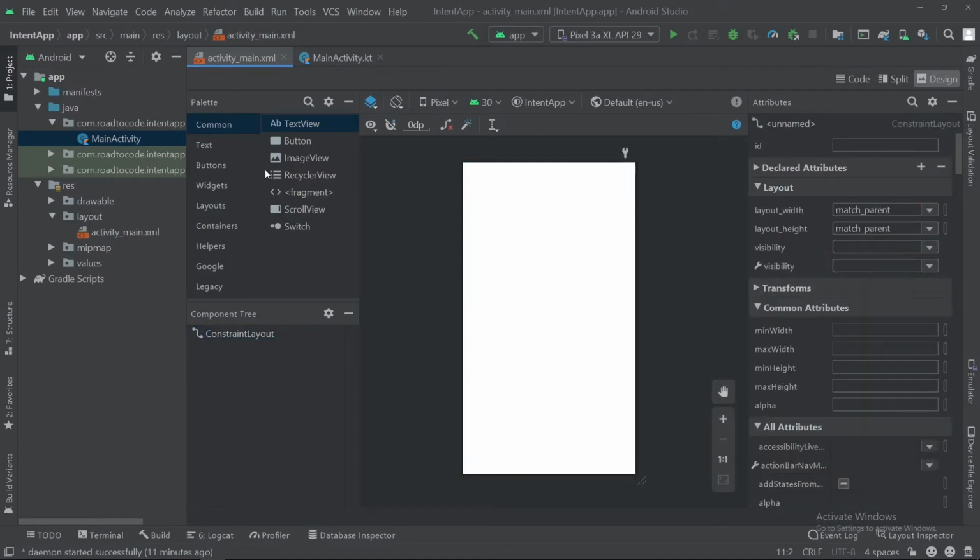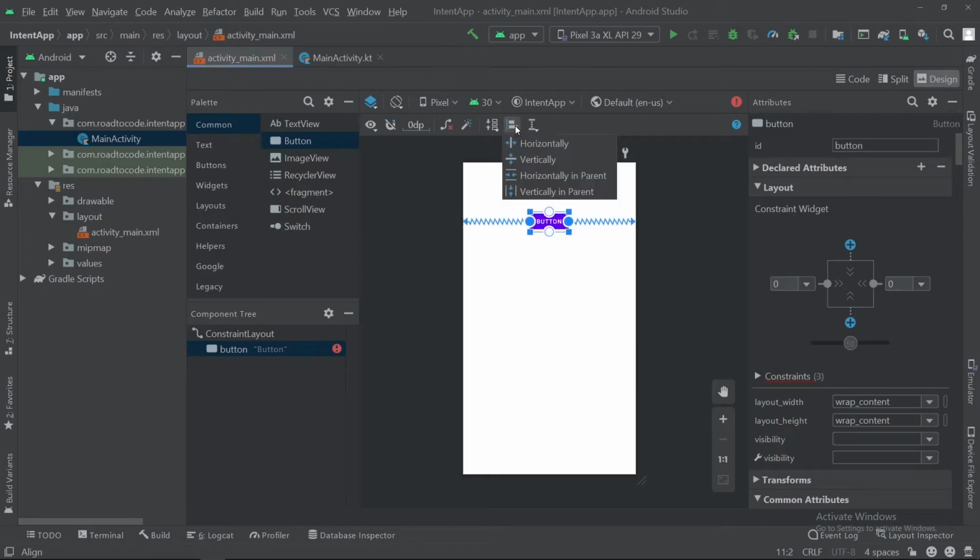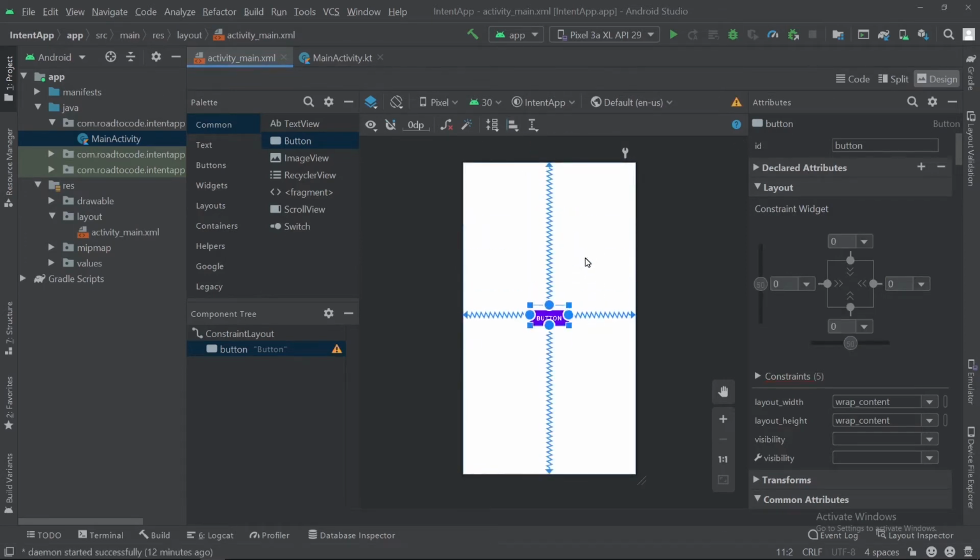Let me remove this text view because there is no use of it, and I am adding one button. Let me set the constraints from the top and horizontally center and vertically center.